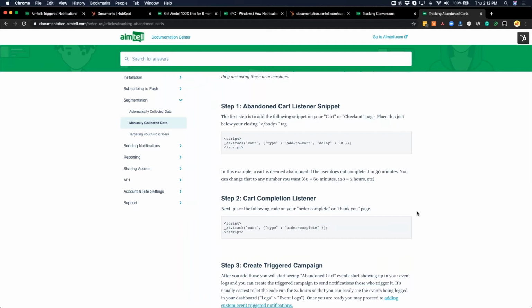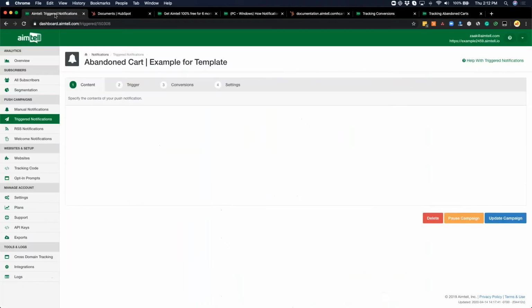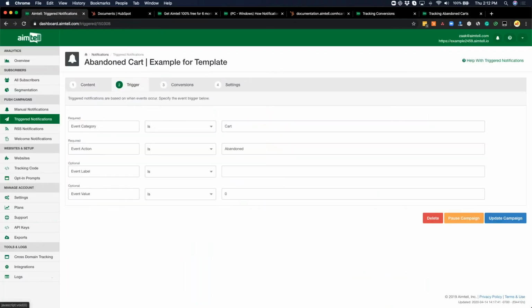What that means is, if you've got a dev team, or if you are a dev, you'll understand that you can dynamically update some of these features on the back end, and you can ascribe values and things like that. But what that means is a user visits your cart page and we listen for that, but they don't visit the cart completion page. That pings a custom event on the back end of Aimtal,